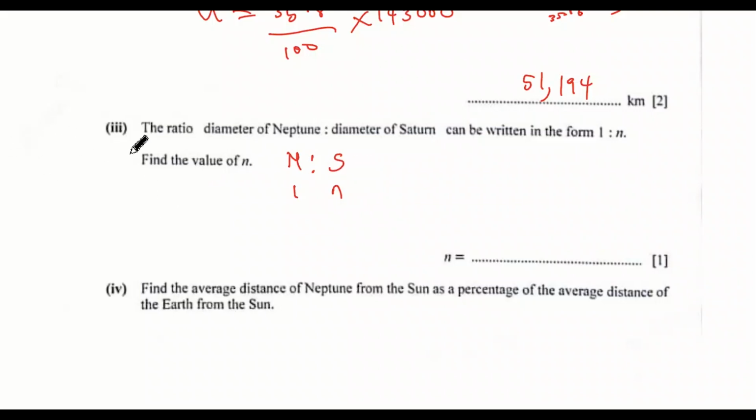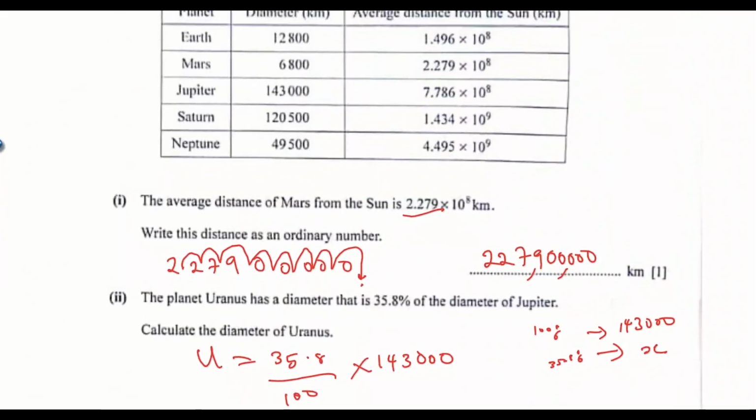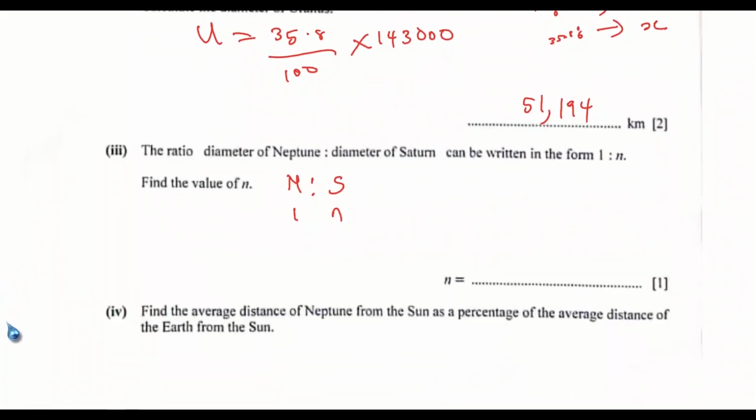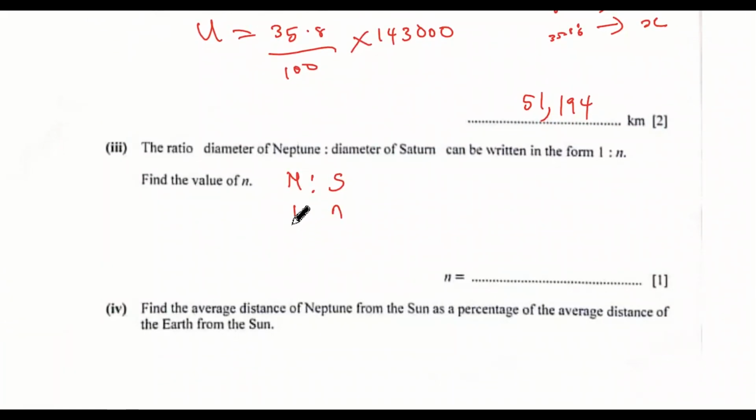So let's scroll up. For Neptune, the diameter of Neptune is 49,500 and that of Saturn is 120,500. So we can now put it there respectively. So I think it's better to remove this first. So let's put their corresponding diameters there. So we have 49500 and we have